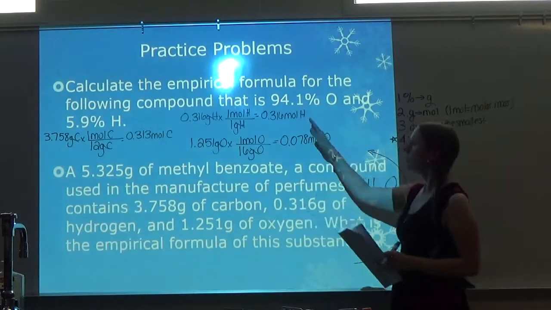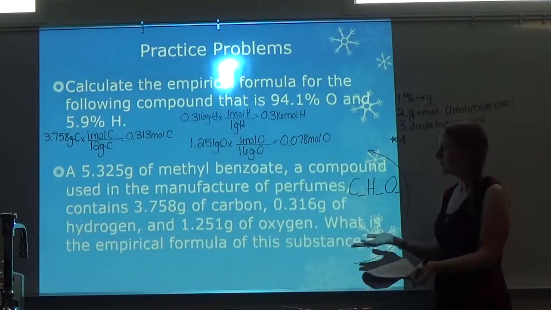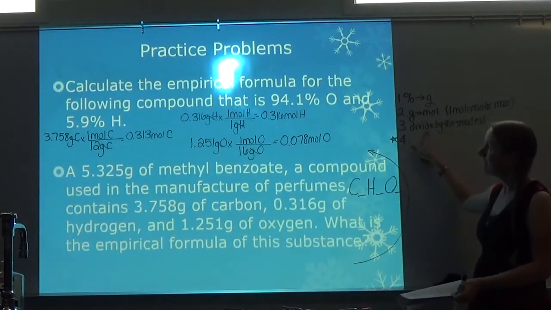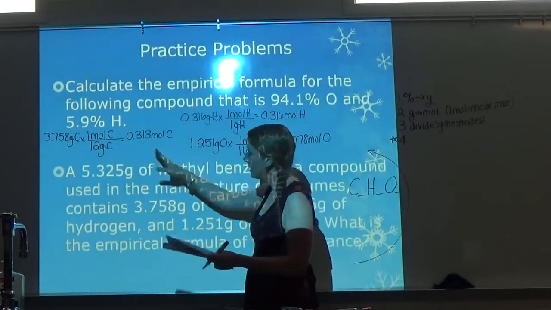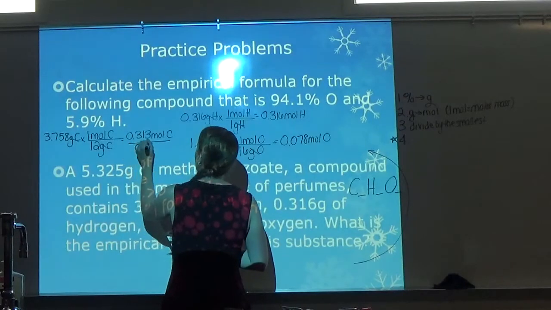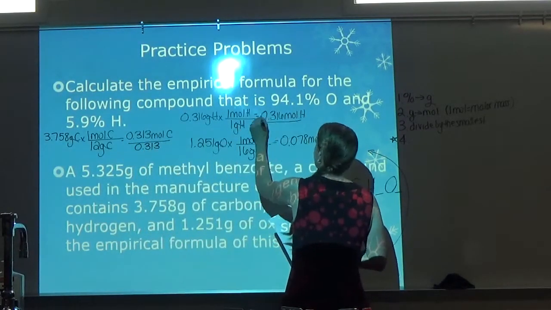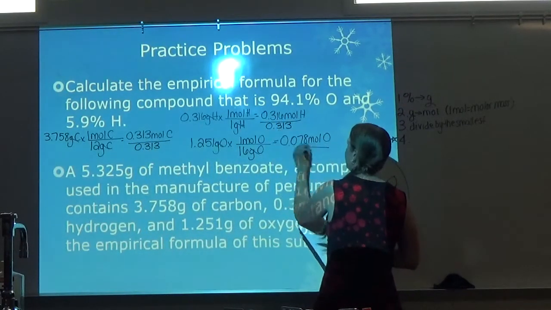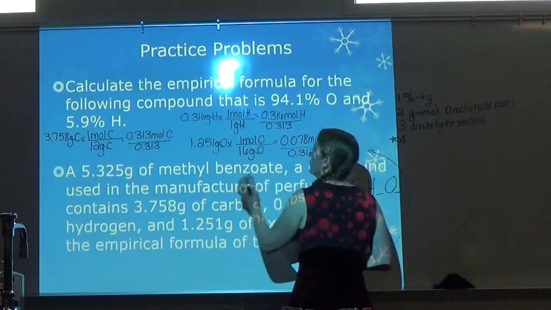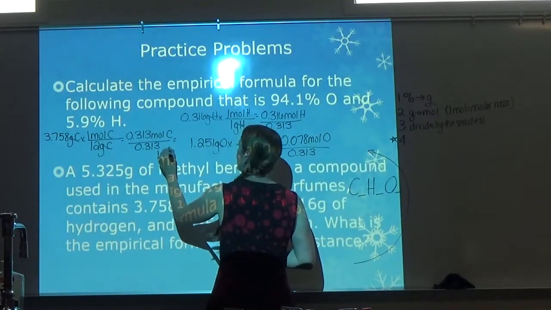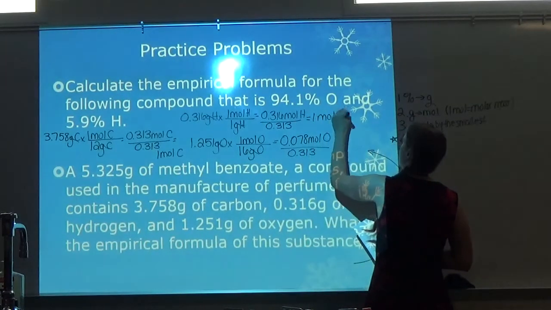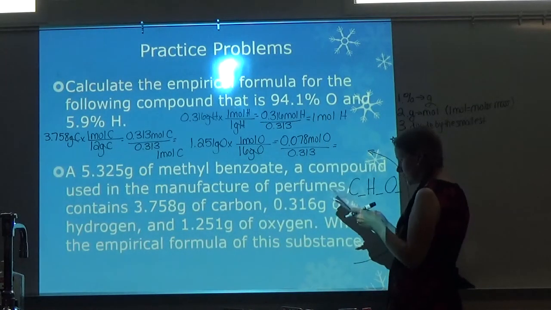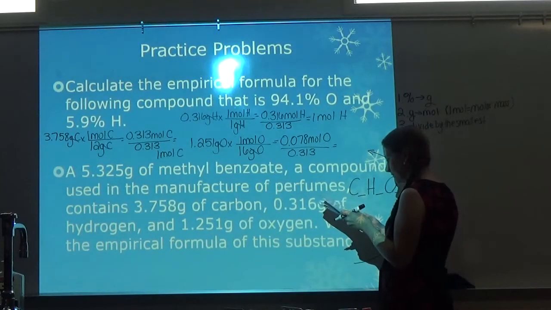So again, these aren't good subscripts. They're all decimals, so I need to divide by the smallest. If we look, my smallest is 0.313. So I'm going to divide all of them by 0.313. Of course for carbon, that gives me 1 mole for carbon. For hydrogen, that gives me 1 mole for hydrogen. And for oxygen, it gives me,